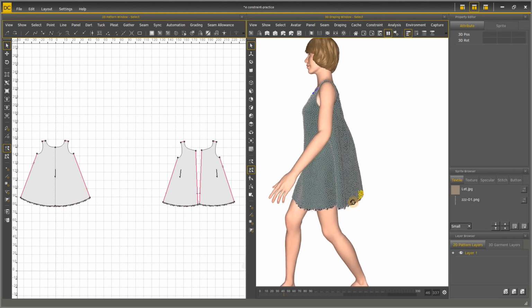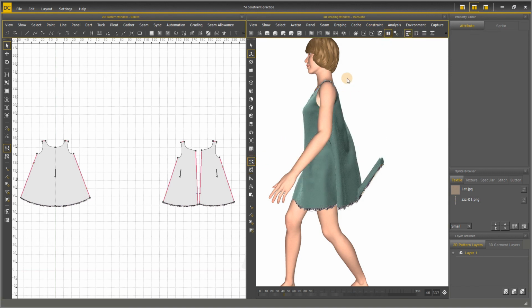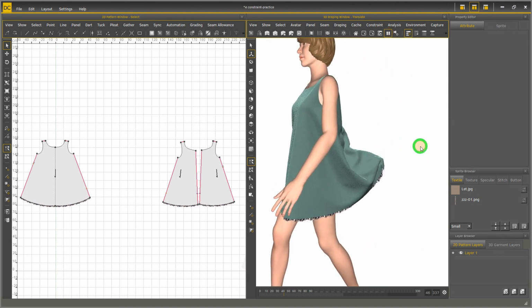If I drag the vertex using Translate and create fix constraint, after clicking Static Play, we can see that the simulation of the garment is influenced by the fix constraint in an unnatural way. This function can be used when you need to simulate panels without an avatar.